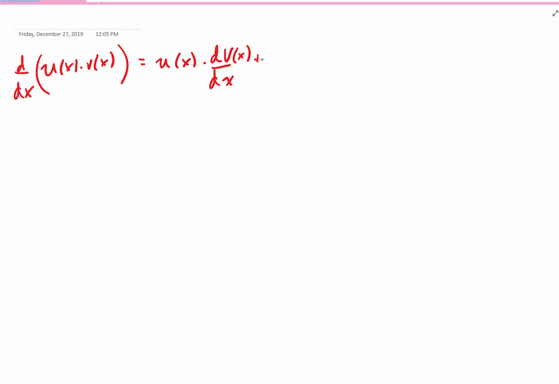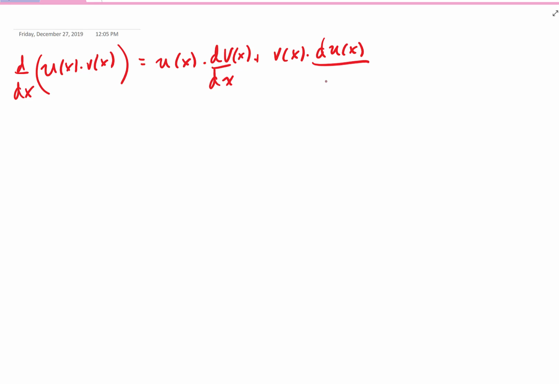The trick to remembering where the formula comes from is to remember the product rule from differentiation in Calc 1. So let's say we had a product of two functions: u of x being multiplied by v of x. If we took the derivative of that function, by the product rule we'd get the first times the derivative of the second, which I'll write as u dv/dx,